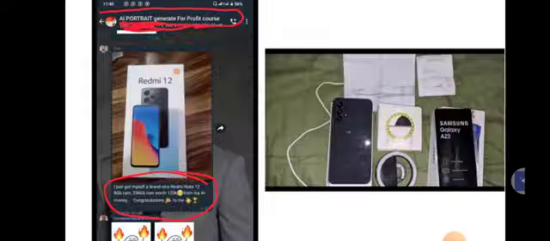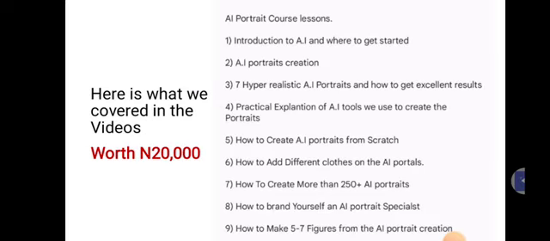So remember, let's go through what you're actually going to be getting once again. You're getting access to the whole AI portrait course: introduction to AI portrait, the 7 hyper realistic AI portrait rules if you want to get excellent results, practical explanation of AI tools, how to create AI portrait from scratch, how to add different clothes, how to create more than 250 AI portraits, how to brand yourself as an AI specialist, how to make 5 to 7 figures from AI portrait creation, and many more,